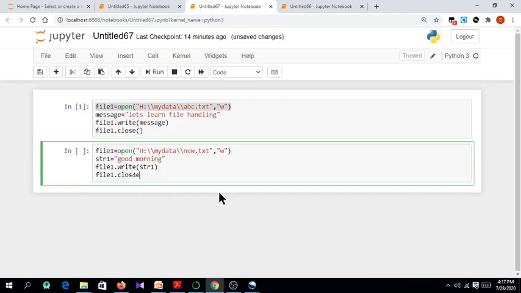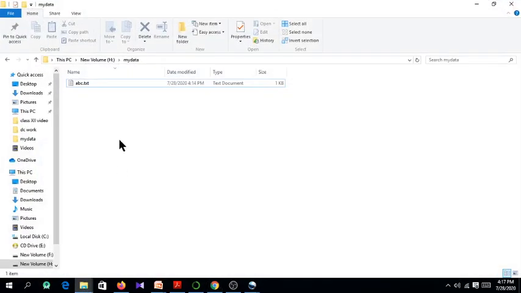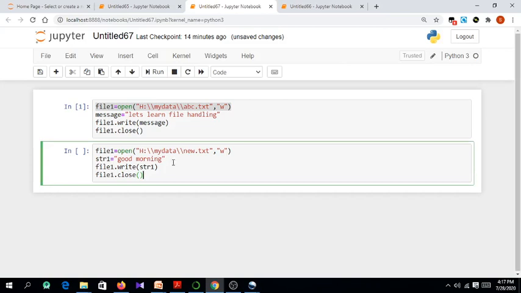Now see, I'm writing this string good morning into the file new.txt. But the problem is this file is not present, it has not been created until now. So in that case, if you are writing something into a non-existing file, then Python automatically creates the file.